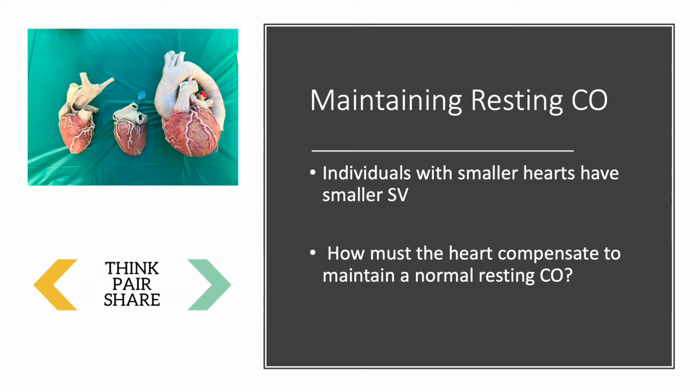Now, individuals with larger hearts, we would see that they have a larger stroke volume, and therefore they can have slightly slower heart rates. They're moving more blood with each contraction of the heart. So for example, endurance athletes, they're going to have larger and stronger hearts, and therefore slower resting heart rates and lower,